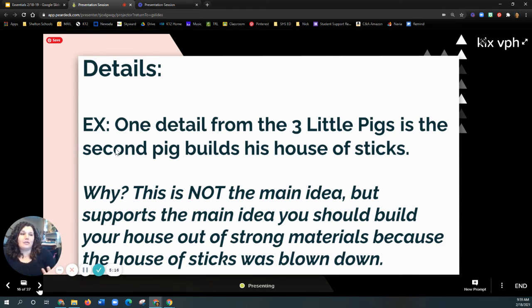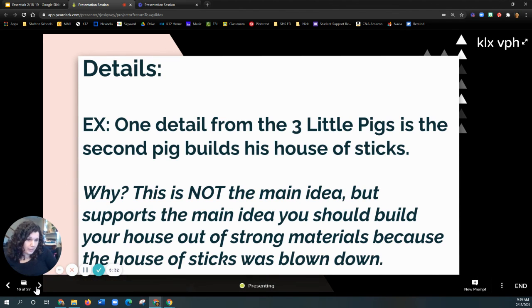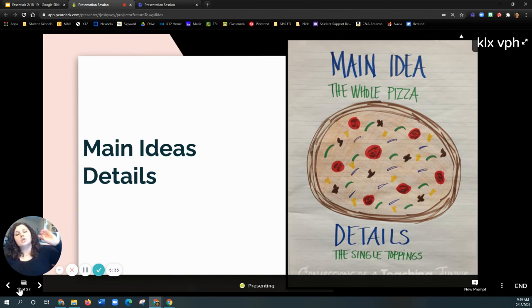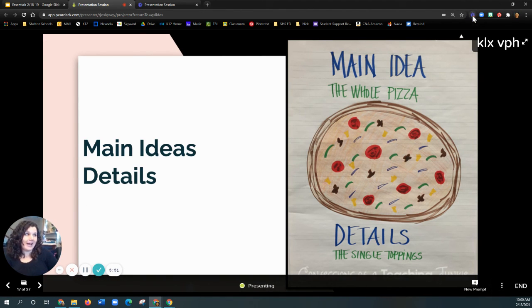A detail from the Three Little Pigs would be that the second pig builds his house out of sticks. This is a detail because it's smaller. It's a piece of the story, but it's not the main idea. It's not big enough to summarize the whole story. Remember, the main idea is like the whole pizza. The details are the single toppings, and together the details support and create this main idea. We're going to look now at the text that is going to be in